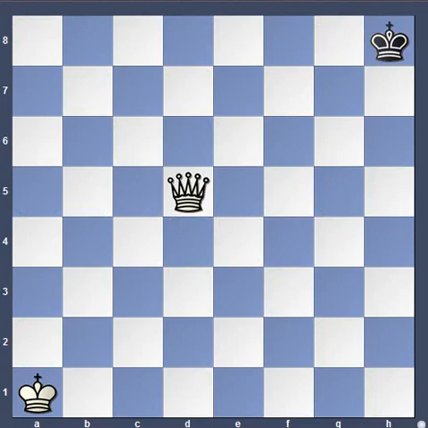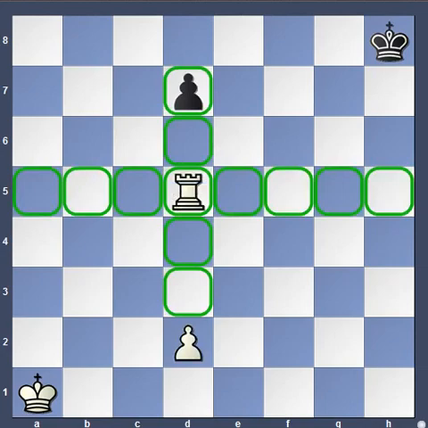Okay, we'll move on to the next piece, that is the rook. The rook is the next important piece on the board. Similar to the queen, it can also move any number of squares in its direction as long as there is no obstruction in between. The rook moves in only 2 directions, as you can see on the board, that is vertical and horizontal.